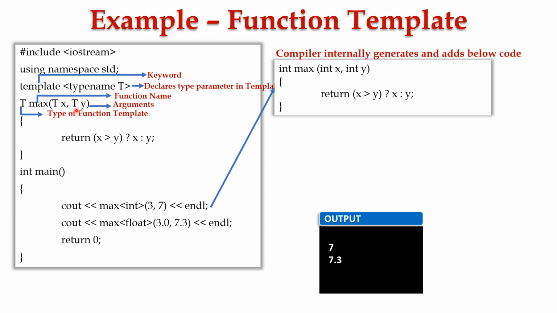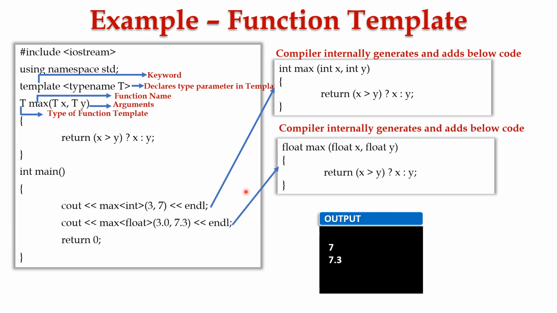So the compiler internally generates and adds the below code. Here we can notice that the function template return type T is being replaced with the floating point data type. So the max function has the return type float and the arguments x and y have type float. Here x and y, that is 3.0 and 7.3, are compared using the ternary operator,